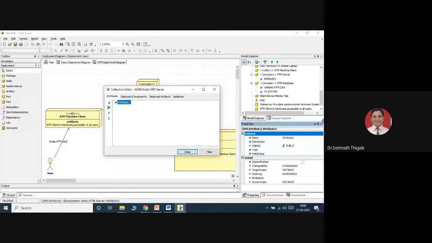So first read card, read ATM card, collect ATM data.